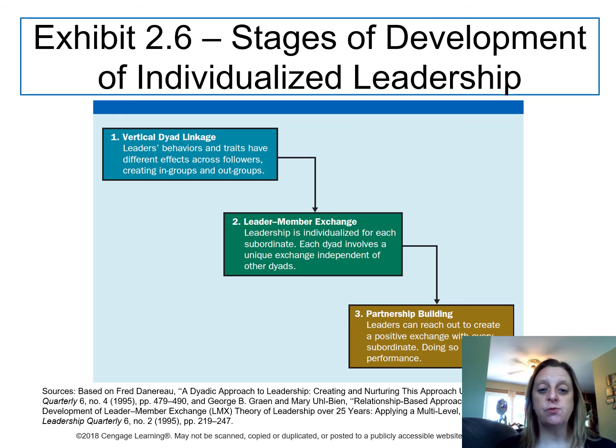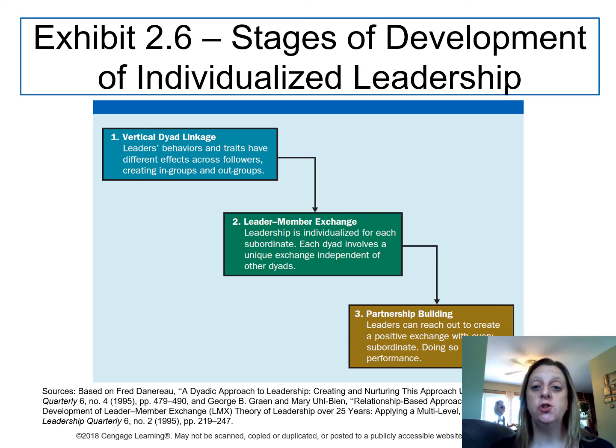And so this research has been staged out into three phases. The first phase is about awareness of the relationship between a leader and each individual. And that falls under the vertical dyad linkage model, which is a model of individualized leadership that argues for the importance of the dyad formed by a leader with each member of the group. And out of this vertical dyad linkage usually develops an in-group and an out-group, right?